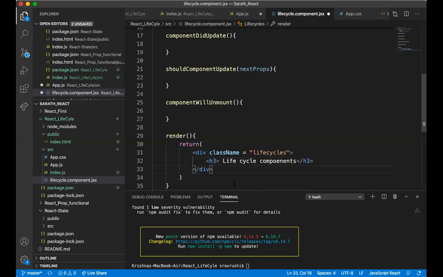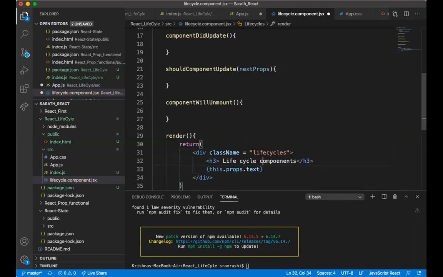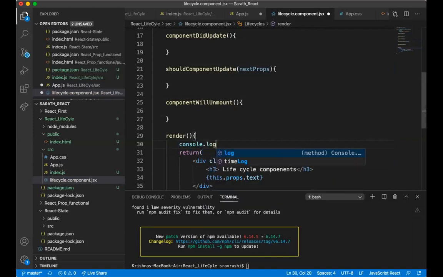Okay. Here I am taking this dot props dot text. So whenever the component is executed, render is also one of the important life cycle methods, which will be executed after component will mount. Okay, one second.